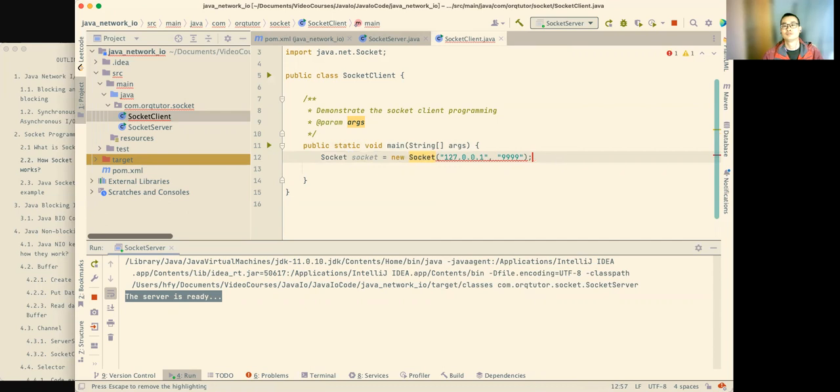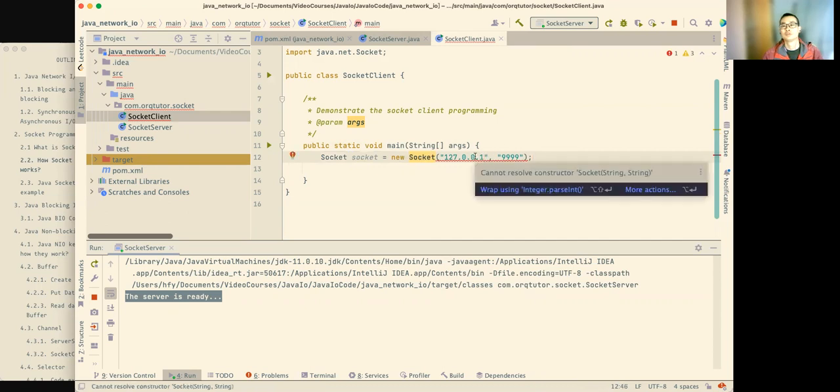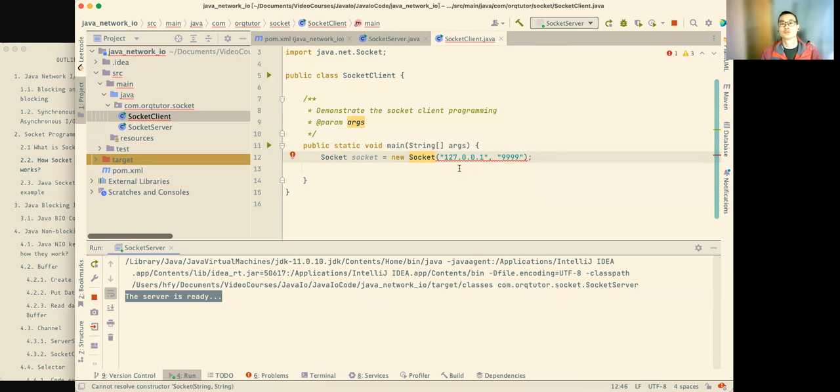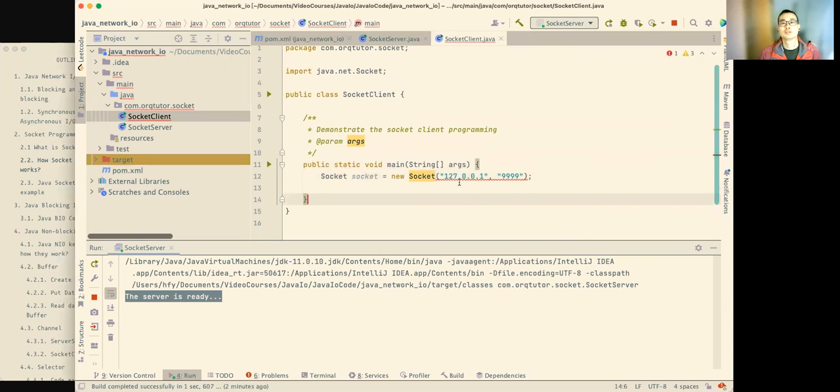After that, construct the socket. Oh, the port cannot be a string, it should be an integer. Then next we